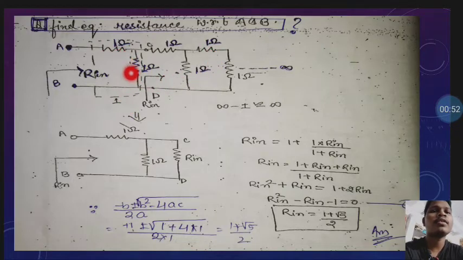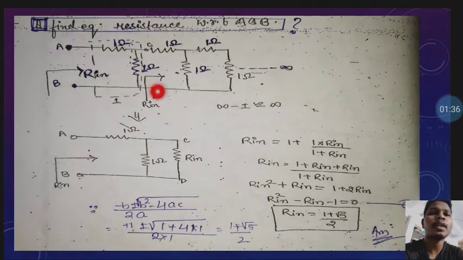In this case, this is the figure taken. It contains a 1 ohm resistance in parallel with another 1 ohm resistance. So we are taking the input resistance here like that. Here also there is an input resistance, 1 ohm and another 1 ohm connected in series and parallel manner. So this figure is the same. That's why an infinite number of resistances in parallel and series manner are connected the same as the input resistance. So we need to calculate the equivalent resistance between the point A and the point B.